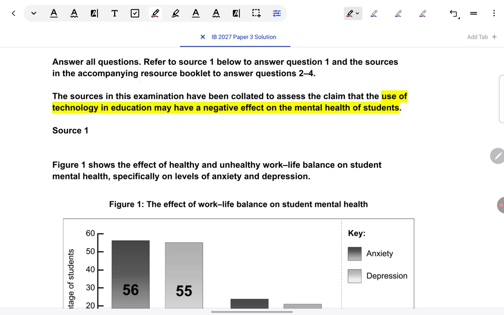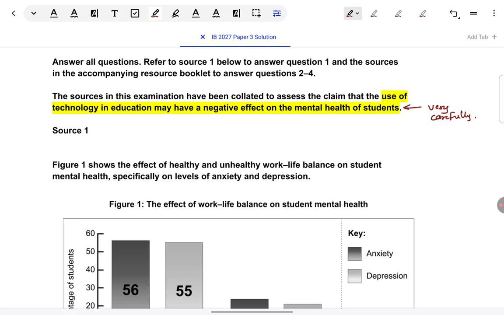So, my very first advice to you is please read the claim very carefully. Only once you have understood the claim perfectly, then move ahead to read any sources. Don't gloss over the claim and then come to the sources. So, before moving ahead, think in your own mind, what have you understood? What is the claim or the proposal that is being made here?